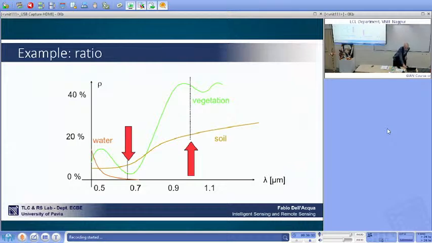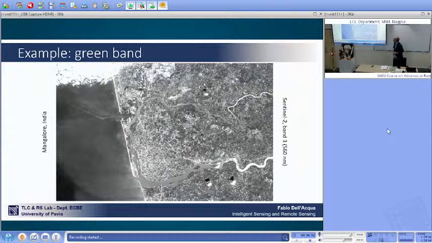Okay, so for example, I have this Sentinel-2 image. This is India, Mangalore in Karnataka. This is an exercise that I made there a few years back, and it's still very useful. I took this image. It's very good because it shows you that, if you take this band 3, green, okay? As I said, when you're after vegetation in remotely sensed, multispectral data sets, for sure vegetation is green, but